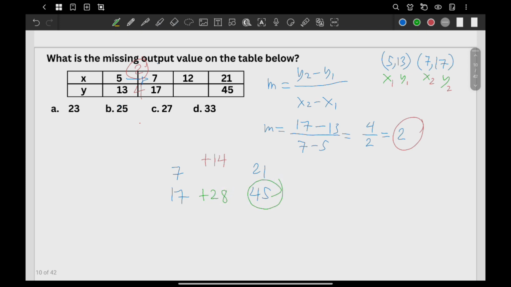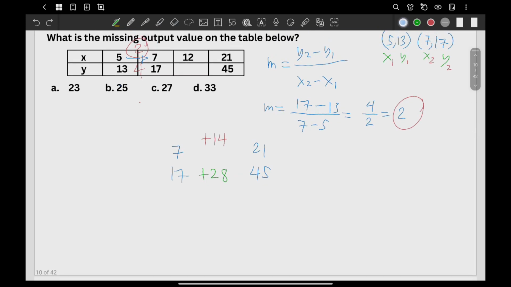So what I'm saying is, by just doing that one, we can solve for this value here. So this time, we will solve it already. From 7 and then 17, we jump to 12, right? Now we'll be determining the value here. From 7 to 12, what happened? We added 5. So we multiply the 5 by our slope, which is 2. 5 times 2 is 10. So we will add here the 10. 17 plus 10, that's going to be what? 27. And that's the answer.